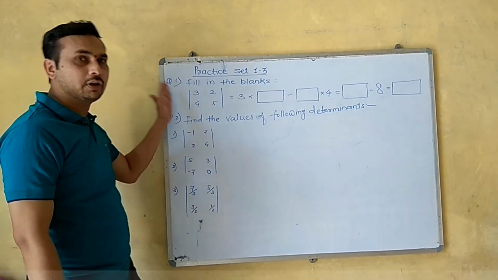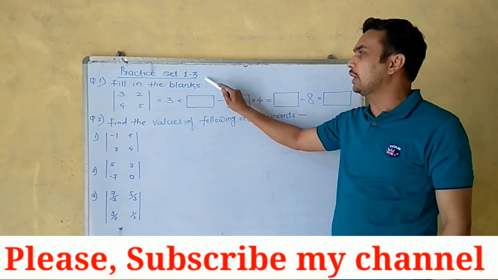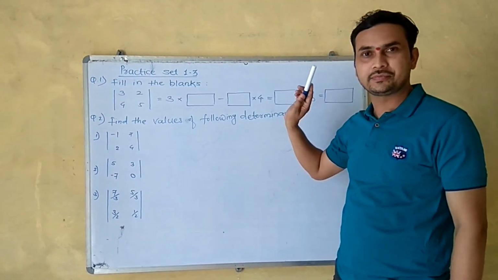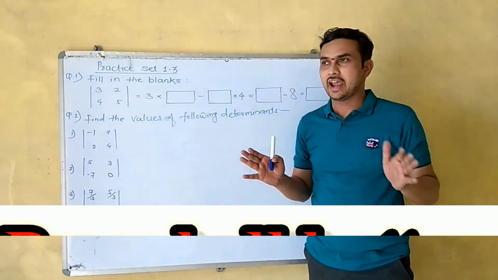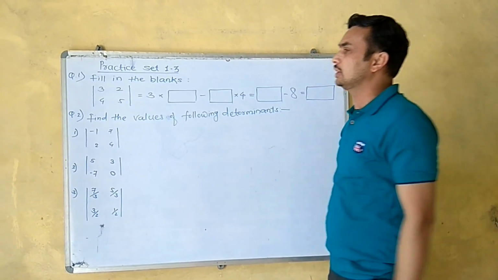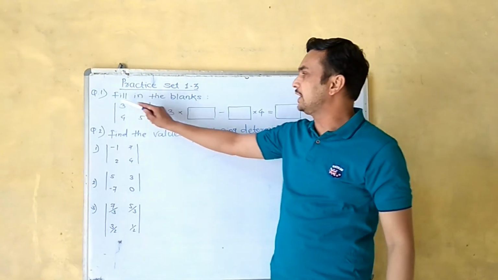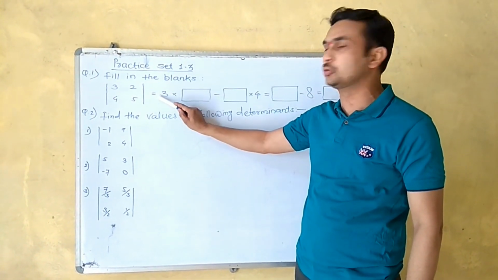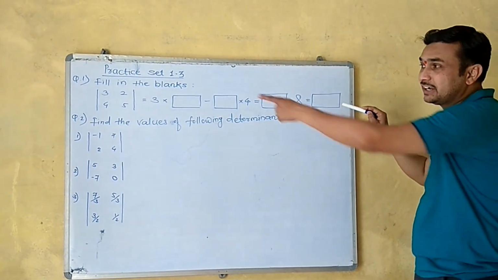Consider question number 1 of practice set number 1.3. That question is fill in the blanks. This is very easy and totally depends on the concept of determinant. So the determinant of 3, 2, 4, 5 equals, now here you need to find the value of that determinant,